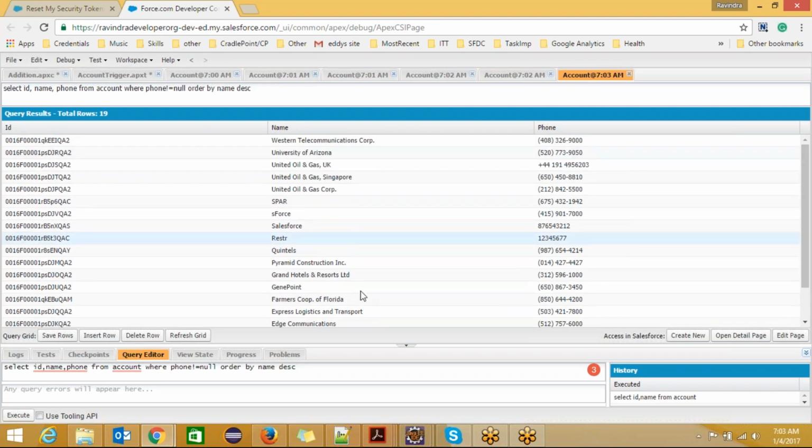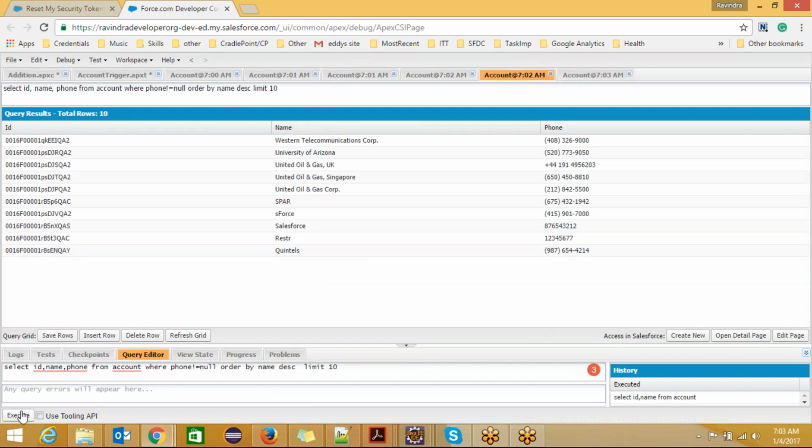If I don't want all of them, I can put some limit, limit 10. So the where clause is up to your requirement. We can use an AND condition or an OR condition here, where phone number not equal to null and